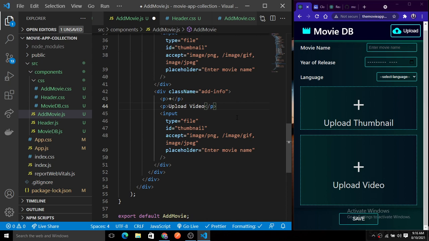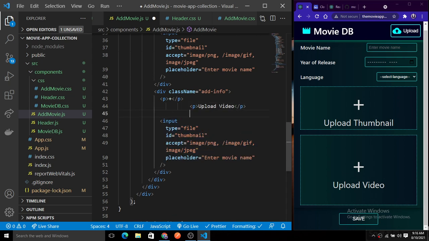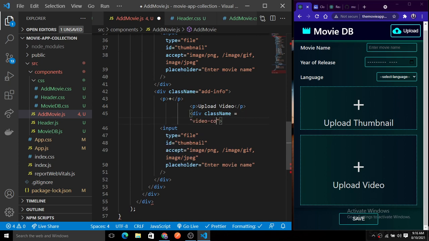So what I will do, I will simply create a container here. So basically, instead of this input field, I just need to add a container layer. So let's add a container. Just give the class name here like video container. So video container. We just need to style this later. So we have a video container, and just close this div.